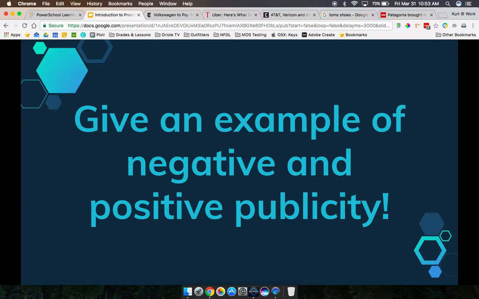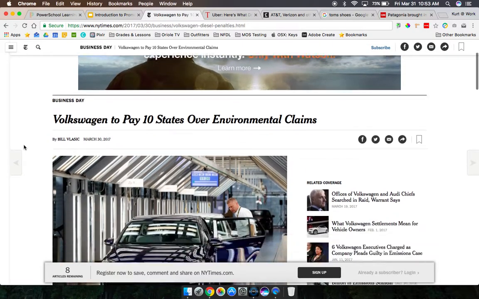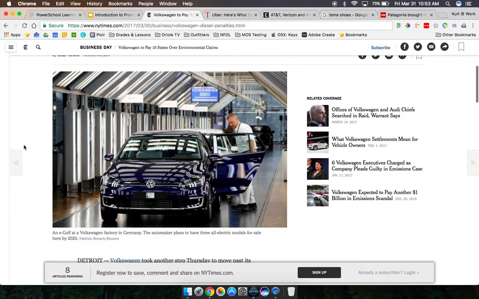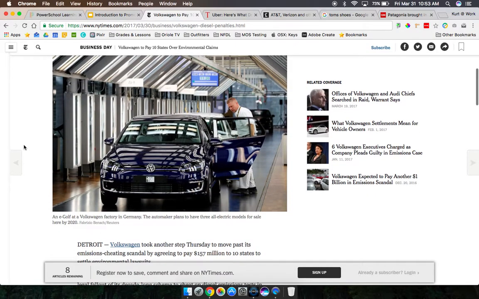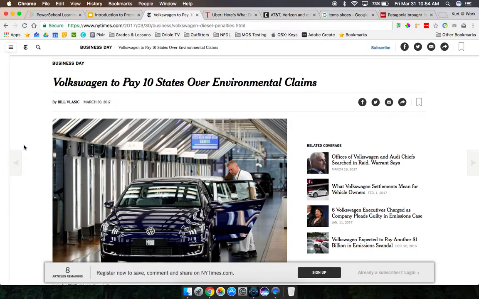All right, so let's give you a couple examples of some negative and positive publicity. First one's a pretty famous one. Volkswagen is in a lot of trouble because they made false claims about their gas emissions and their exhaust emissions, and I think how many miles per gallon they get as well. But in any event, they made false claims about what it does. They got caught doing it, lying about it, and now they're paying billions and billions of dollars to cover that